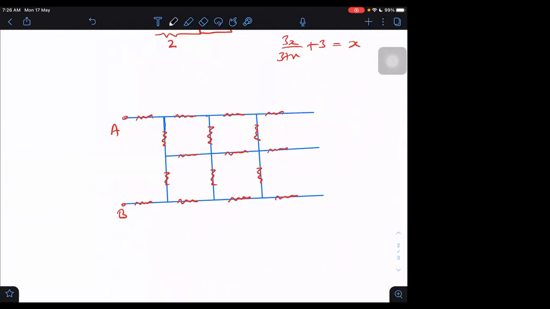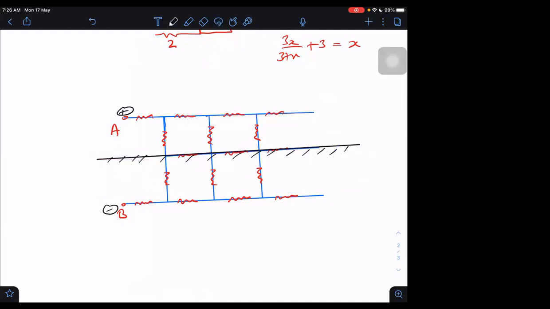We can apply symmetry here. Yes, sir, symmetry. If I place a mirror here, the nodes on it can be taken to be at the same potential. Plus, minus, then all the nodes are at the same potential. We can remove that middle resistance. So therefore easily we can remove them.